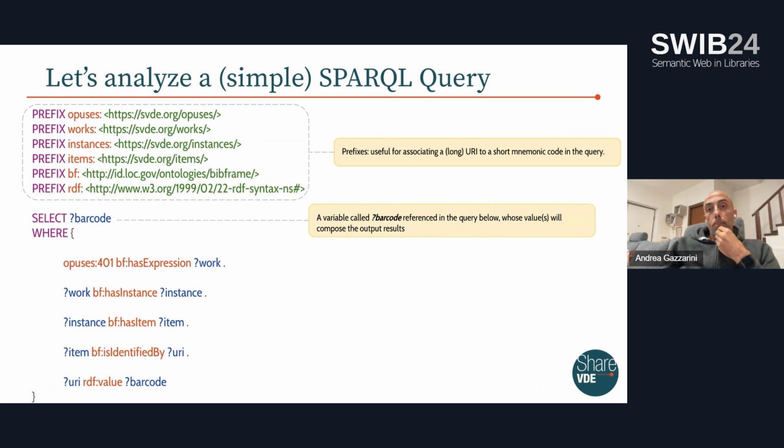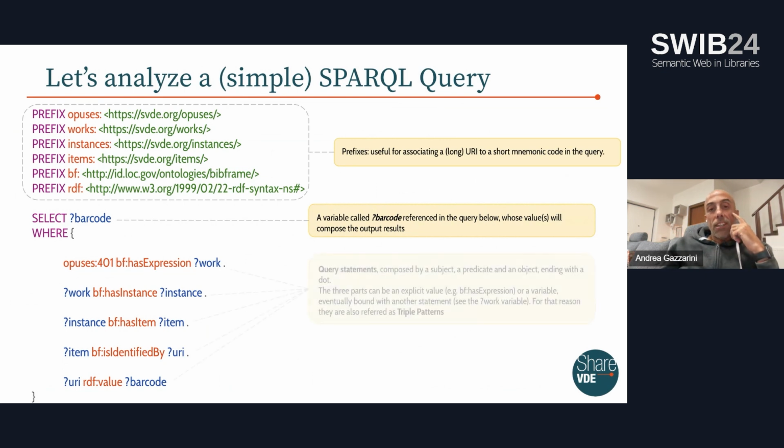SPARQL is composed of a select part where the requester indicates what she wants to get back. In this case, a barcode, which is the barcode. And then we have a